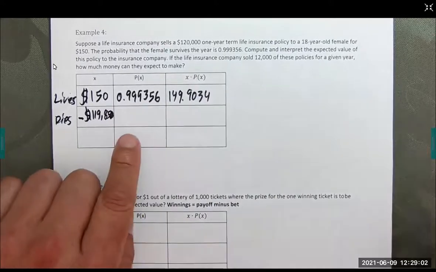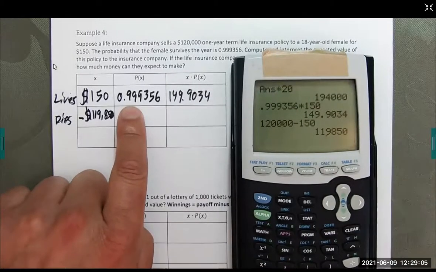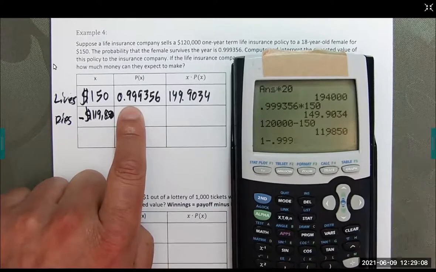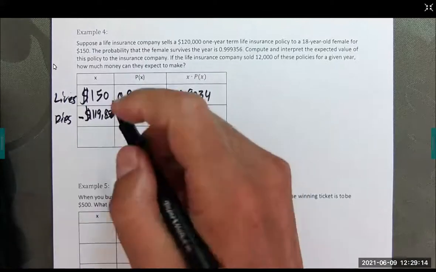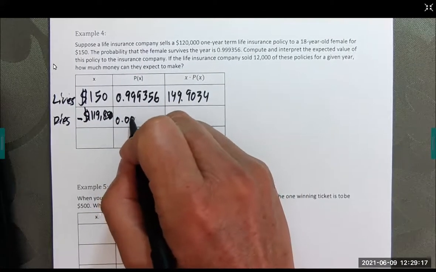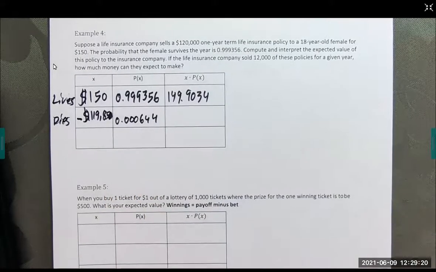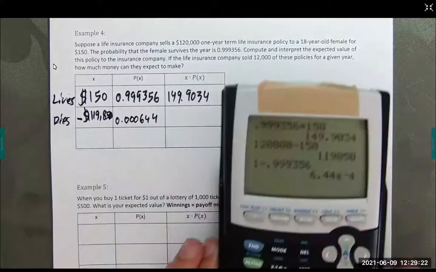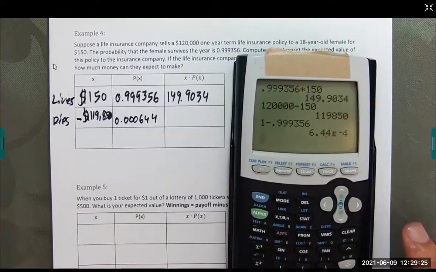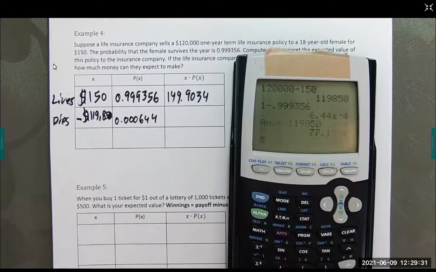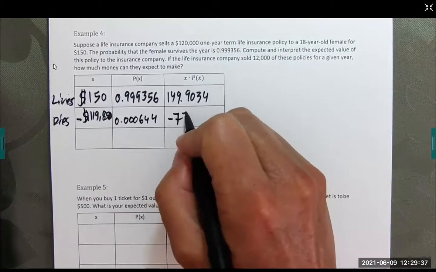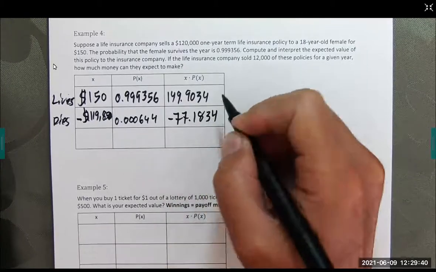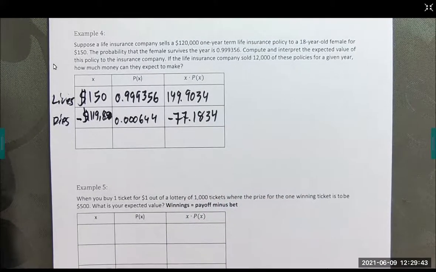And what's the probability that she will die? It's going to be the complement of this. So 1 minus 0.999356. So that's actually, let me write that out, 0.000644. And I'm going to multiply that times negative 119,850. Negative 77.1834. I hope that you who are watching the video are doing all of this with your calculator and not